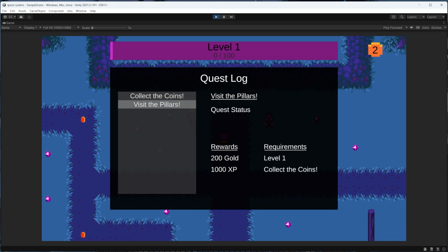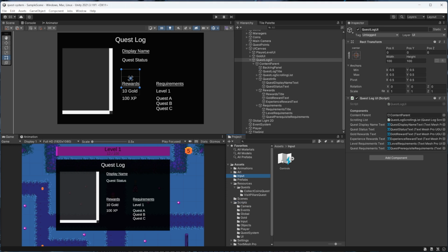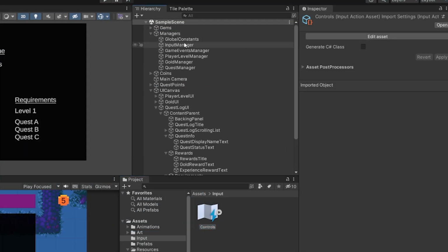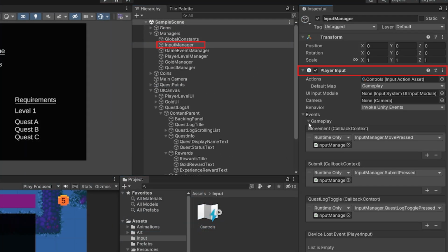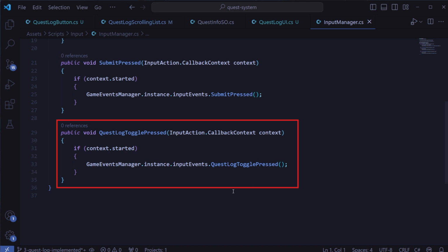the quest log with the press of a button, as well as stop the player from moving when the quest log is showing. For the player, I already have events set up to enable or disable their movement, so we can use those. And as for the input for toggling the quest log, I already have a quest log toggle action set up in the input action asset using the Q key, and the player input component is calling a method in a custom input manager script, which essentially sends out an event through the Game Events Manager anytime the